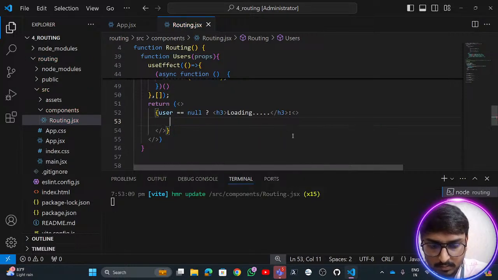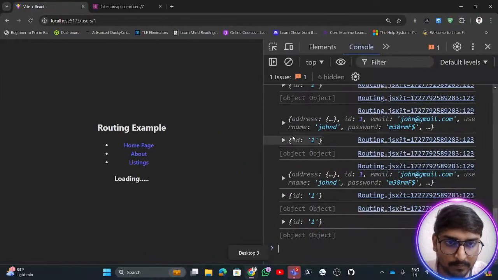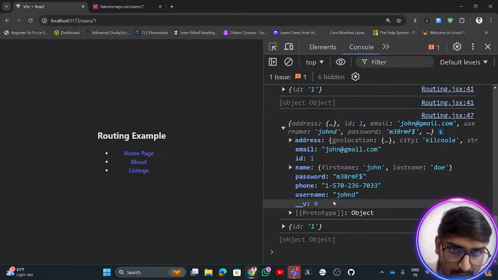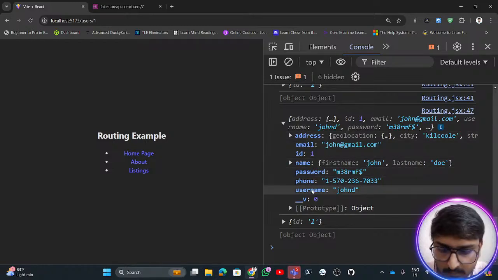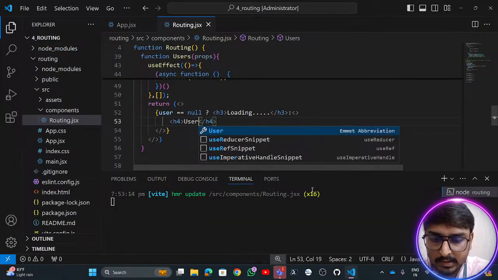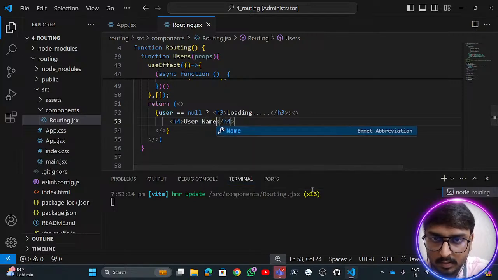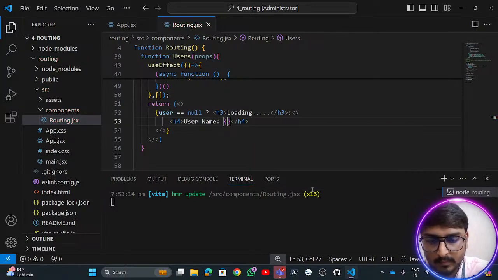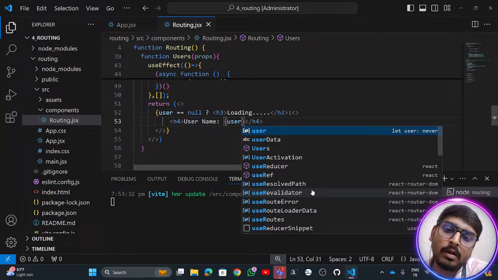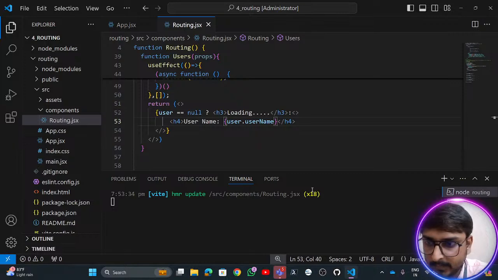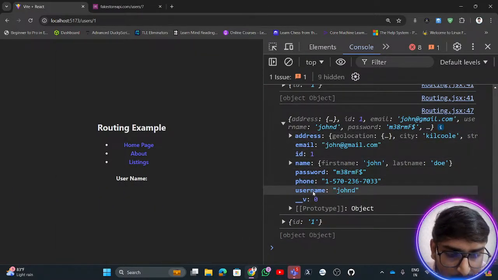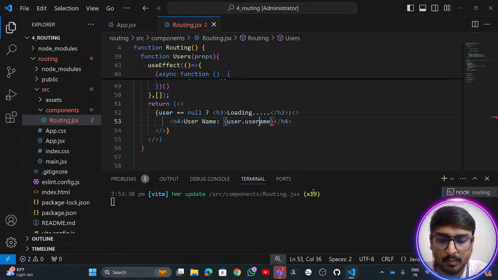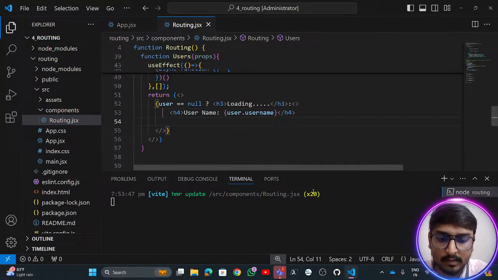h4, sorry, I'll say h4. So if you see this given data, we have name, phone, username. Okay, let's try to implement this username. I'll say user name to be, I'll say user, so here it is nothing but user dot username. I think username is of capital or small letters, so fine, it is of small letters. Username